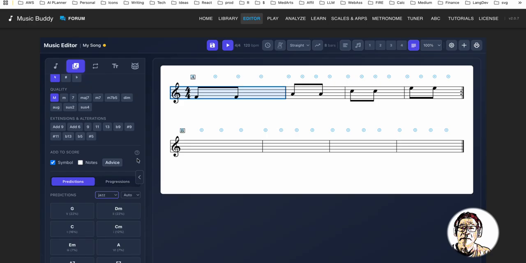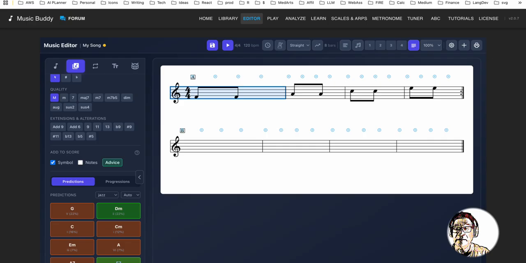and it'll tell you what all the most likely chords are in that genre for this particular measure, given the previous measures and the genre that was selected. So let me show you one other thing, which is the advice. What advice does is it looks at the notes that are in a given measure, and it'll tell you of the chords that the model predicted, which are the best given the particular note that's there and the key that is there. And so you can see here for jazz, it likes a D minor and an F7 because